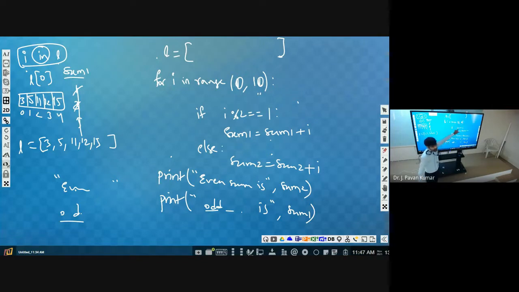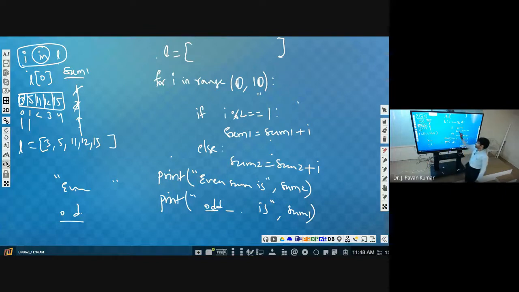So what do we have to check? Whether it is even or odd. I mod 2. What is I? I will be the index 0 or 1 or 2. What do we need to check? The list item, not the list index, isn't it? We will not check whether 0 is even or odd, or 1 is even or odd, not like that. We will check whether 3 is even or odd, whether 5 is even or odd.